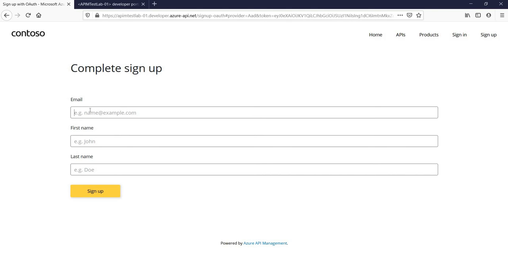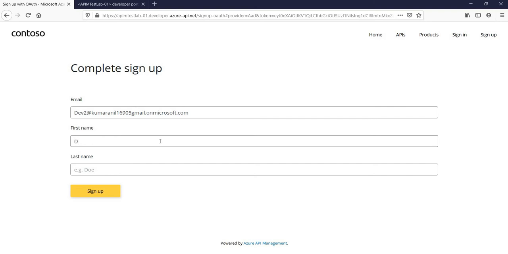This would be the first time whenever a user tries to log in to the developer portal, then this particular page will come. So I need to enter the details. Okay, first is email address. I'm going to enter the same email address as what has been provided in Active Directory. A user can provide a different email address as well, but that is not a best practice. So we always need to recommend that the user provide the email address that has been provided in Azure Active Directory. This will be easy to track also.